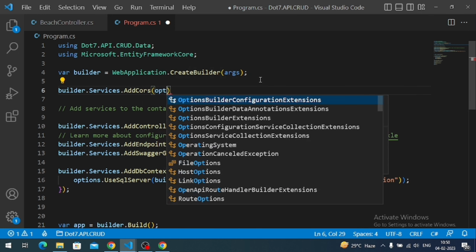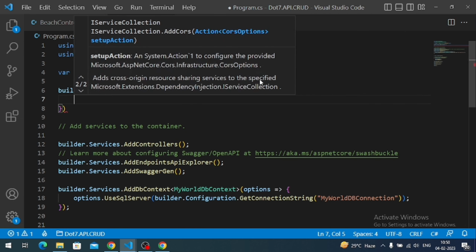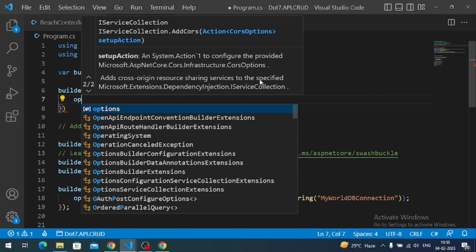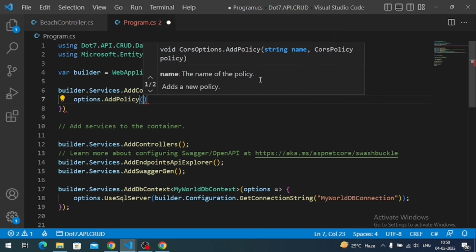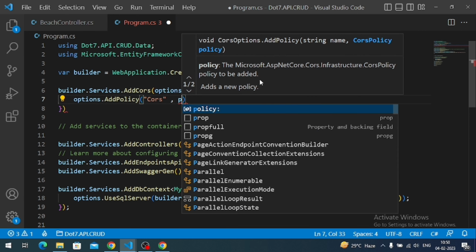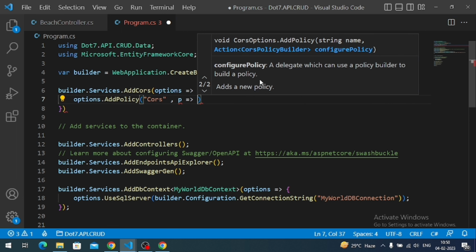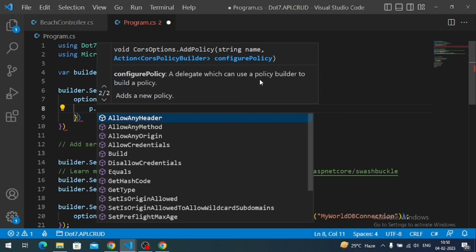And we can configure a number of options. So here in the options, I have to add the policy for my CORS and I have to give a name here. This name must be used by the CORS middleware. So I can define the rules for my CORS. So for now, I'm going to allow any kind of origin,